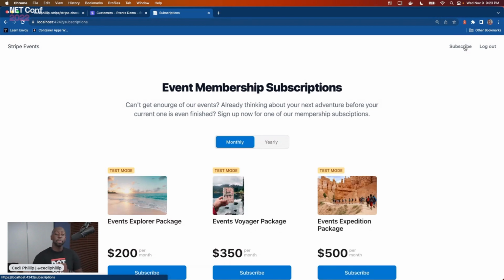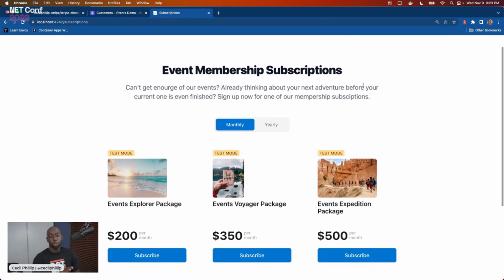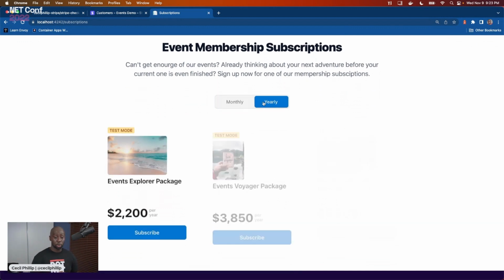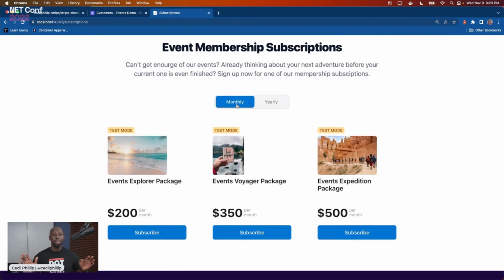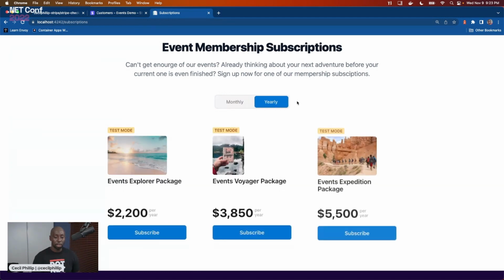Another thing that I want to point out is that I showed you what the one-time payments look like. We also have the ability to do what's called subscriptions, which is cool. What I'm showing you right now is our subscriptions table. I did not build this. I wish I did, but I'm not that good of a designer. This is a pre-packaged component from Stripe that you can use to manage your different subscriptions. So you can see I can have yearly, monthly. I can probably have more if I wanted to. And notice I have different prices for some of those items that are in here.